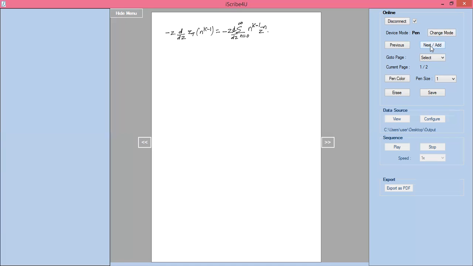Now you will write, so that equals minus z into,